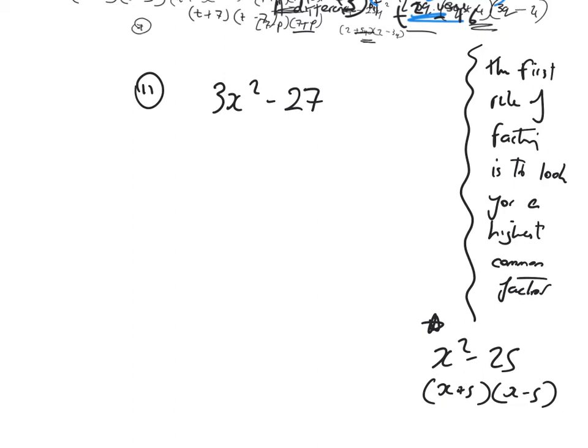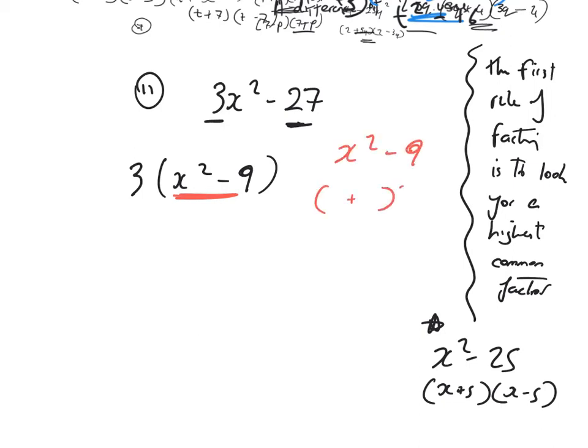However, with this question up here, from 3 and 27, I can first of all take out a common factor there, which is 3. Remember, the factors of 3 are 1 and 3, the factors of 27 are 1, 3, 9 and 27. So it's 3 bracket x squared minus 9. Now we can see that this bit is a difference of two squares,